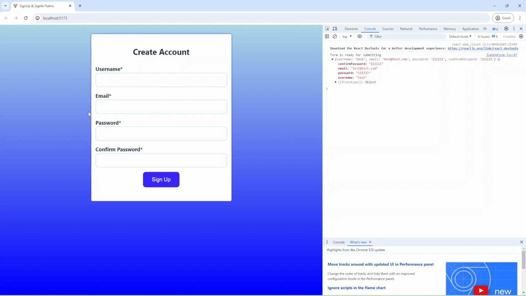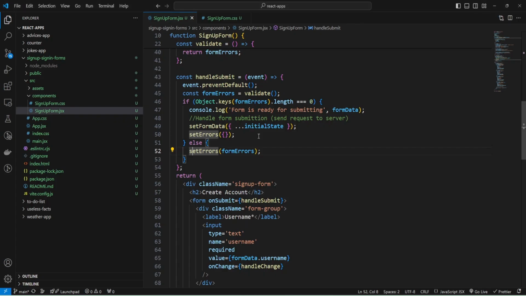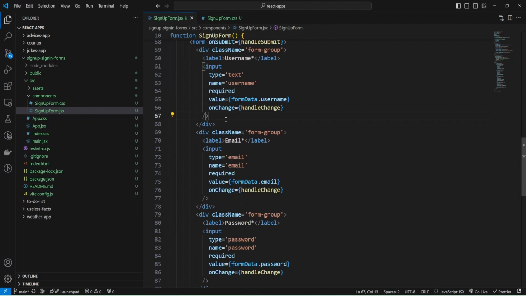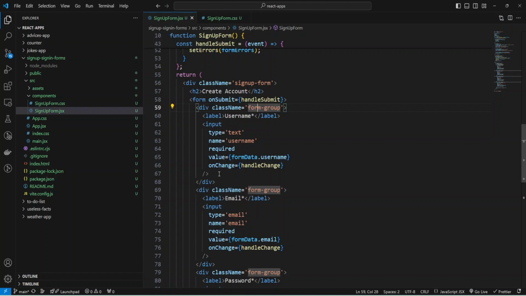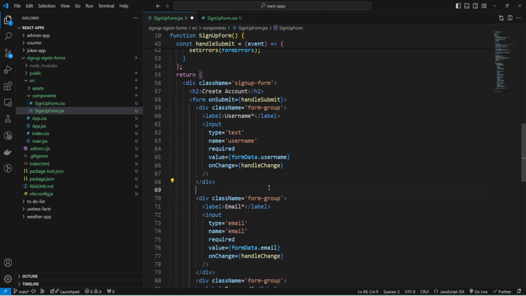Now we need to provide errors from our validation, because when I typed I didn't see our errors, and let's do it. I'm going to change every form group. I'm going to add conditional rendering and check if we have errors.